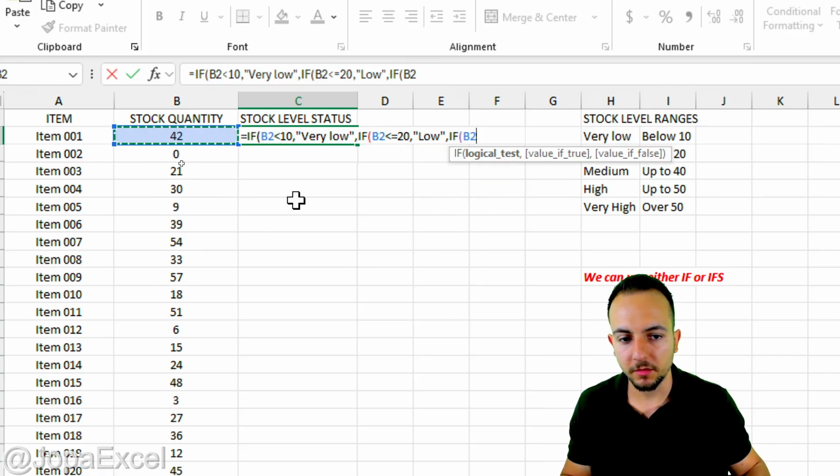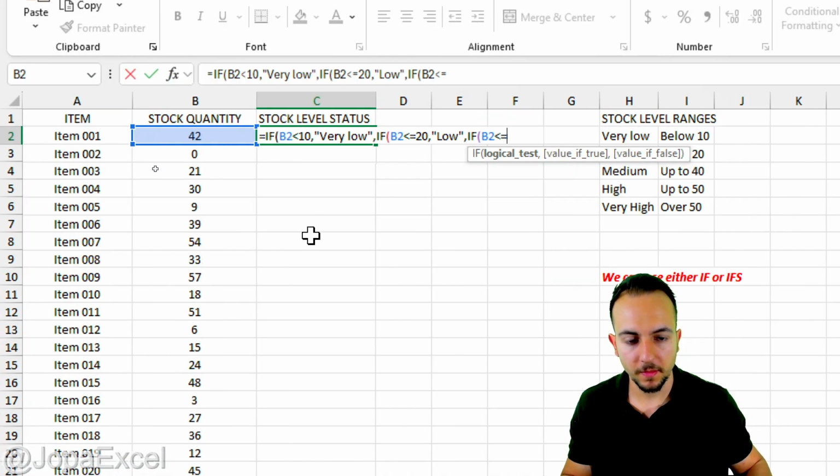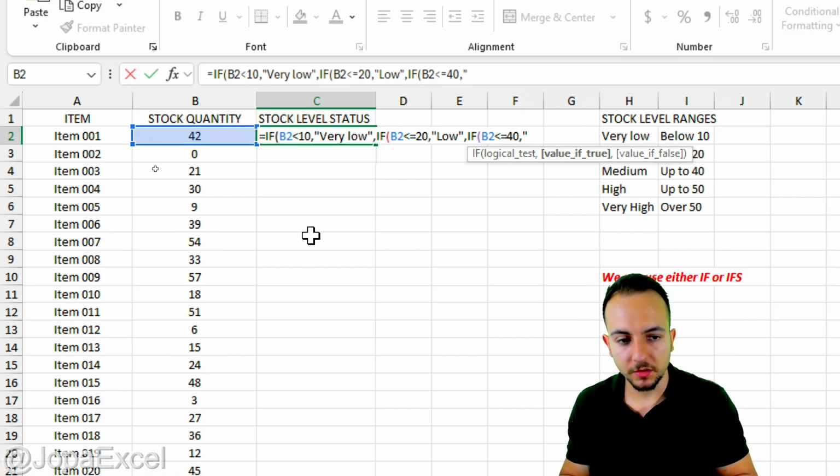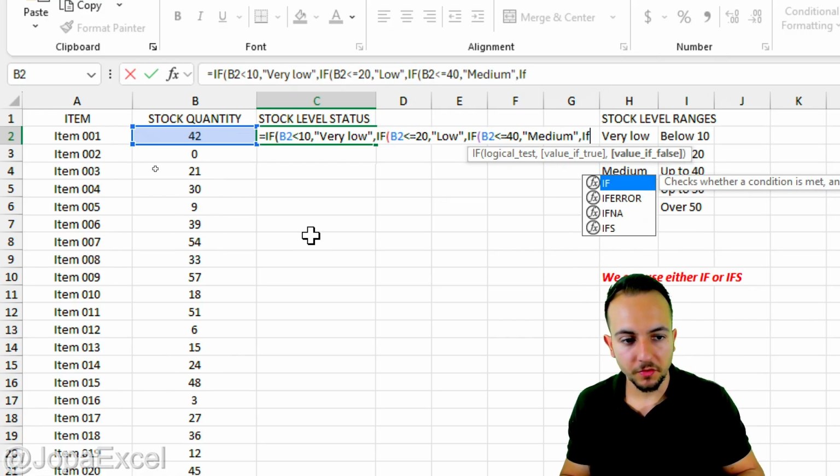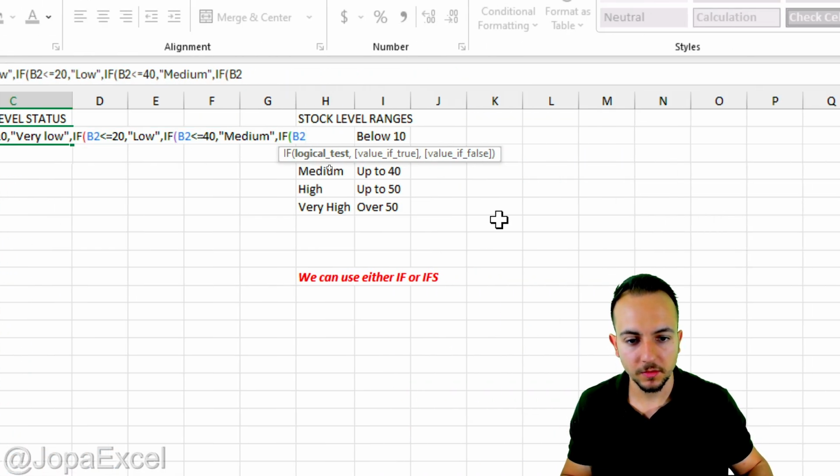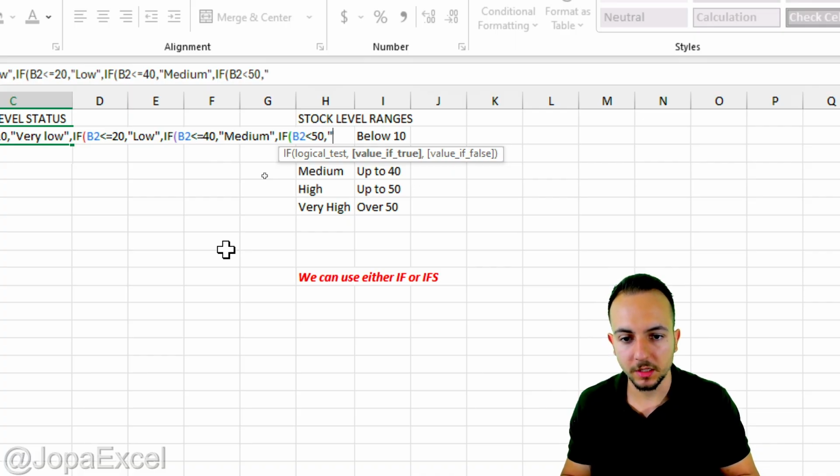If the stock level is less than or equal to 40, comma, I want to return, open quotations, medium, close quotations, comma. If again the stock quantity is less than 50, comma, I want to return, open quotations, high, and close quotations,